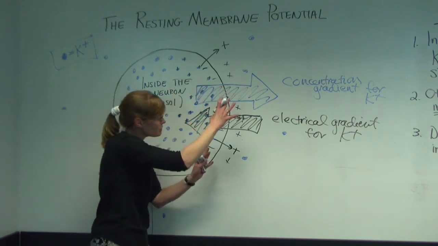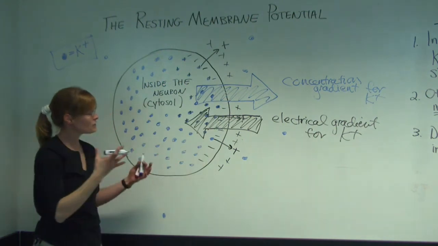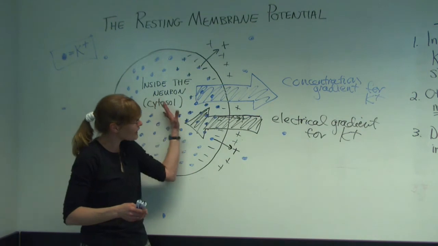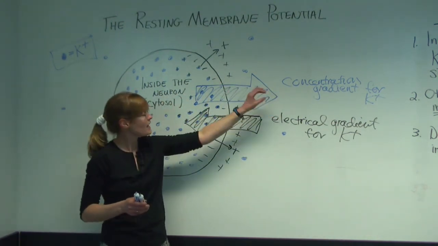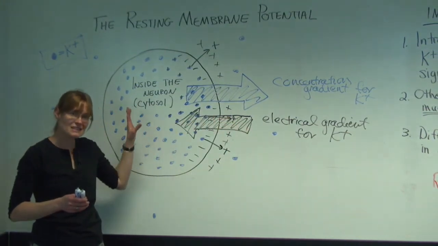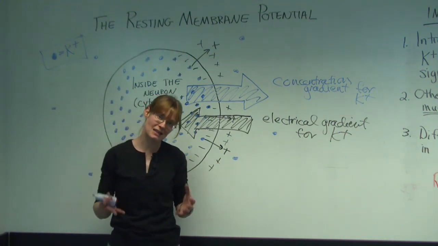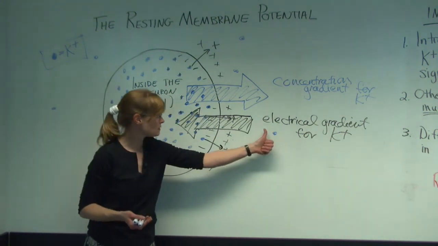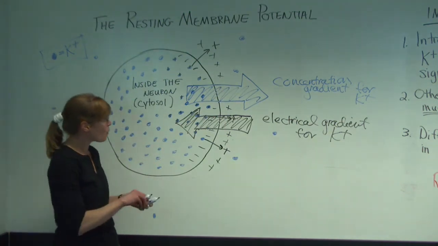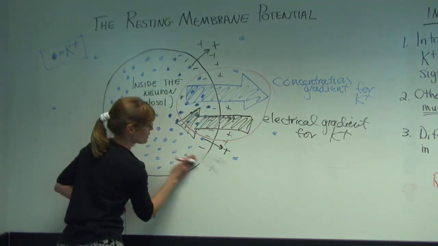And the more potassium goes out, the larger that gradient becomes, okay, until finally we get to a point where the gradient going outward, that concentration gradient outward, is equal but opposite to the electrical gradient that's going inward. So the tendency for potassium to leave becomes exactly balanced out by the tendency for potassium to go inward down its electrical gradient. Okay? And at that point, if you consider both of these together, what we end up with,